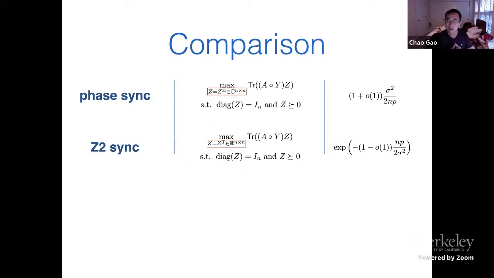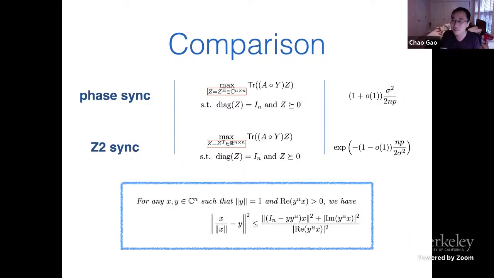And the fact that we have a single proof for the two different results allows us to carefully study the proof argument and to single out the main mathematical ingredient that highlights the difference between the two results. It turns out the main difference lies in this interesting but simple-to-prove inequality. So here, the result says the following. We have two complex vectors, x and y. Let's assume y is a unit vector. Then, if you want to bound the difference between the normalized version of x and y, you will get what appears on the right-hand side.